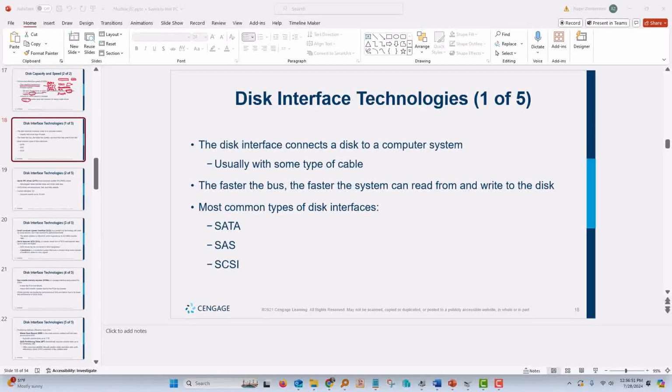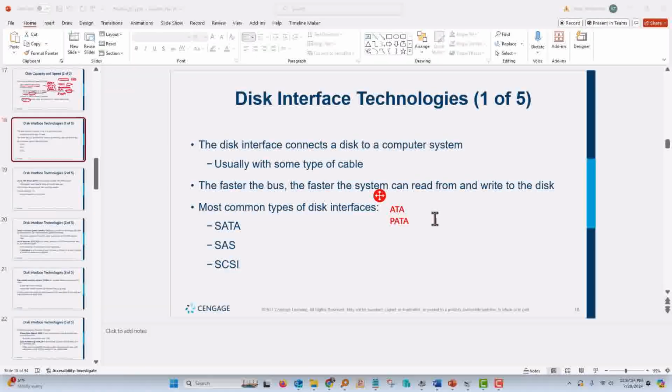We've looked at some of the drive types already. Let's take another look at some of these, and we'll add a little bit of information about them. We have here in this slide that some of the most common types of disk interfaces are the SATA, the SAS, and the SCSI. However, we really don't see the SCSI very much anymore, and we have a couple of things left out here. Prior to SATA, we actually had another type just called the ATA, or sometimes called the